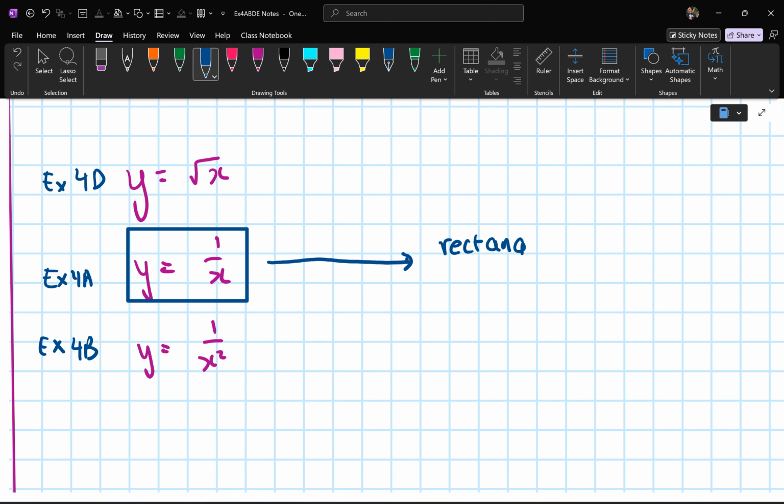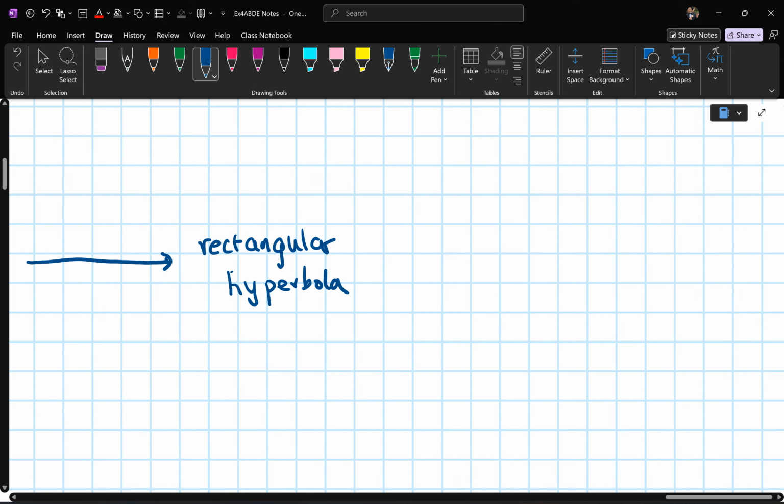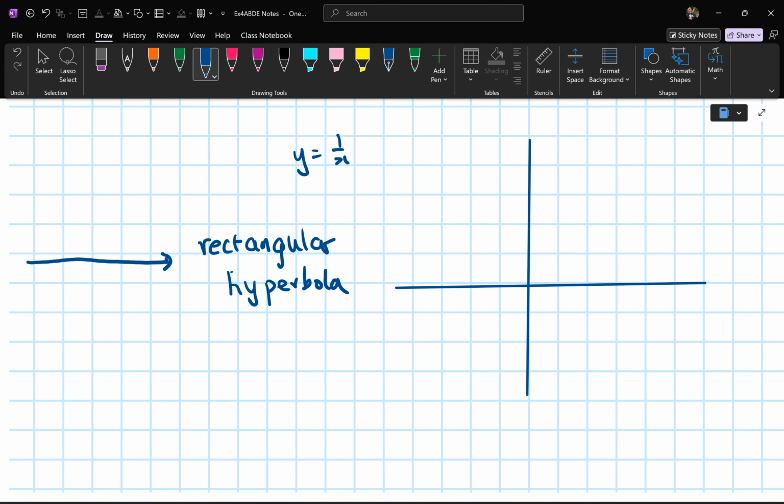Rectangular hyperbola. In Specialist, it'll just be hyperbolas, because then you look at all variations of it. But rectangular hyperbola, so what does it look like? Let's recap. Rectangular hyperbola, if you have y equals 1 on x, one of the first things is you